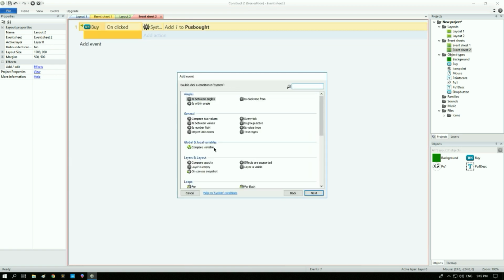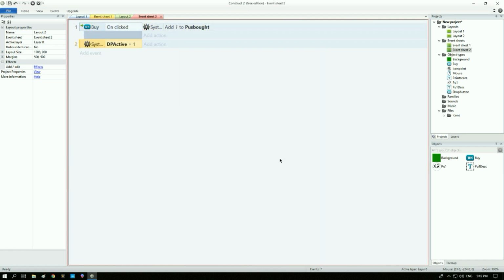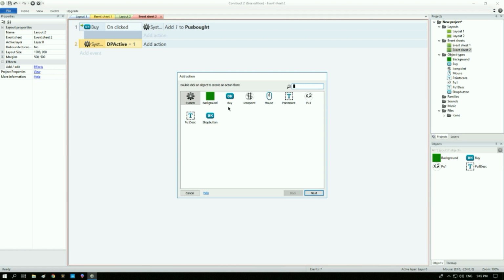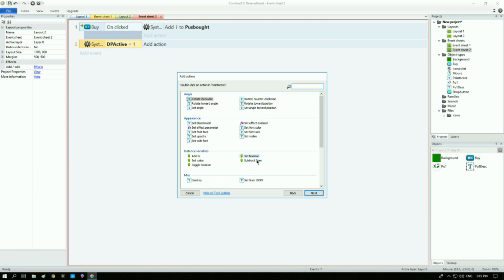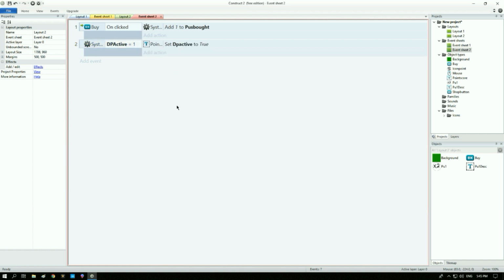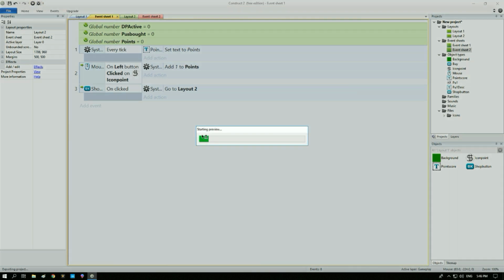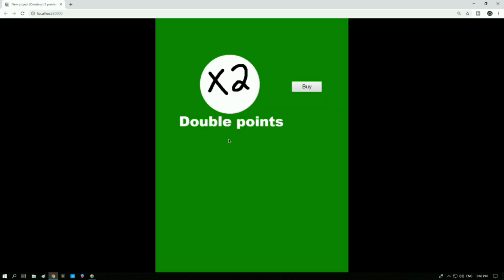we want to go system, compare variable, DP active is equal to 1. We then want to go and set our boolean to true. Set boolean DP active true. This will now determine if our double points is active. Now we run our layout. And if we buy double points,